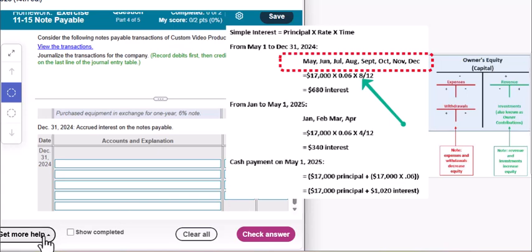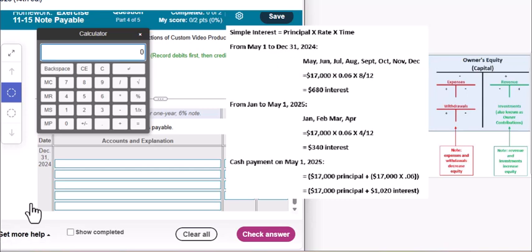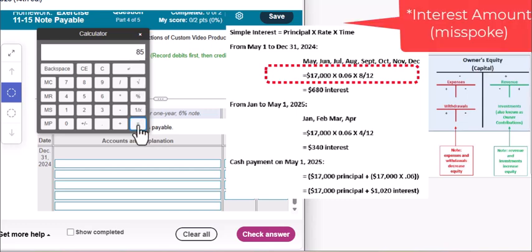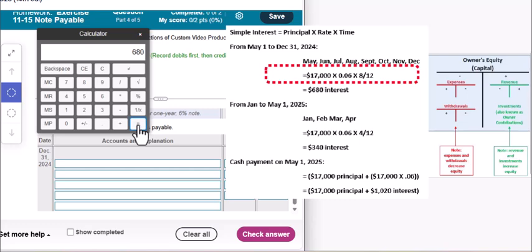Let's pop open our calculator. We're going to take that principal amount of 17,000 for our full note payable and multiply it by the 6% rate on that note payable. This here would be for a full year's worth of interest. However, we are only calculating 8 months out of 12, so we divide this number by 12 to get the monthly interest, and then multiply that by 8, since 8 months have accrued, for a total of 680